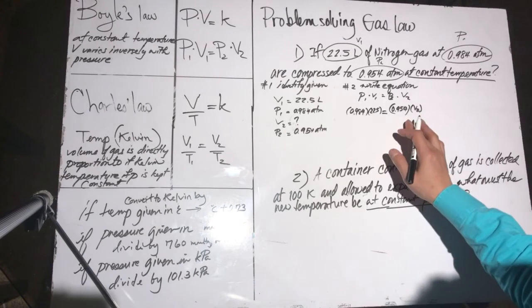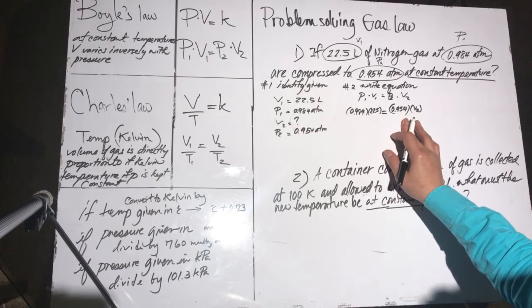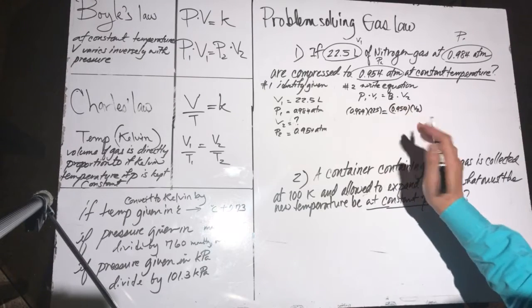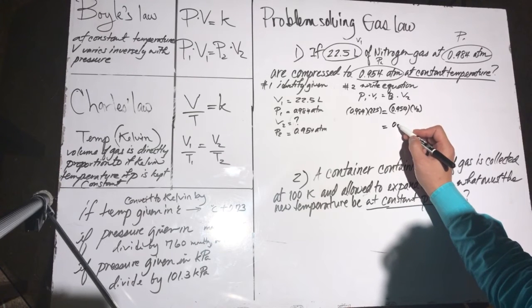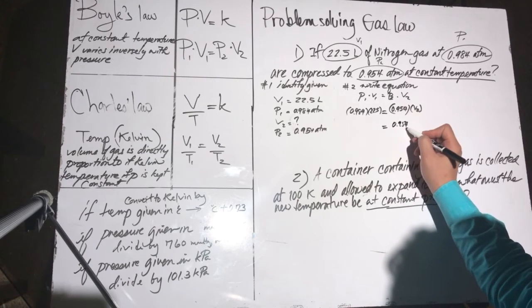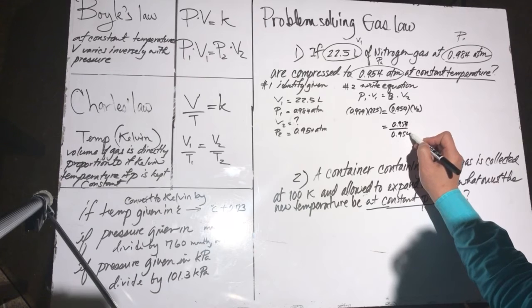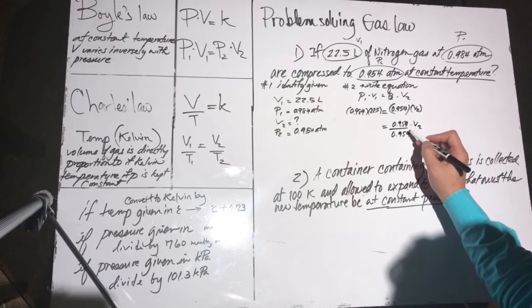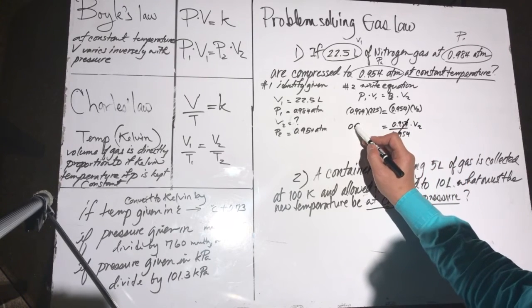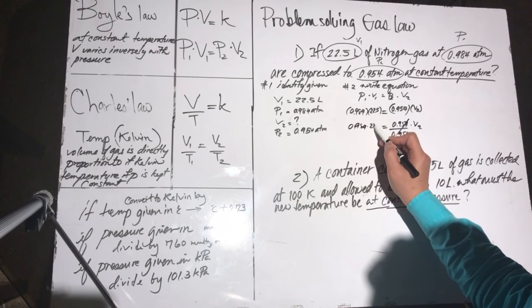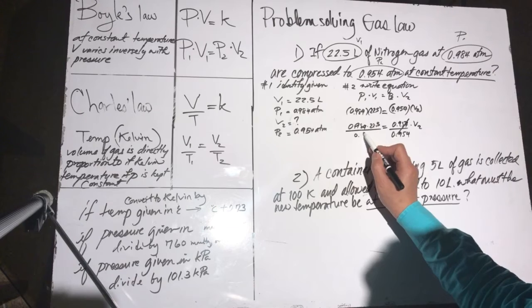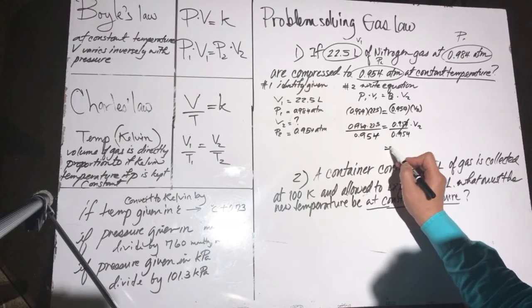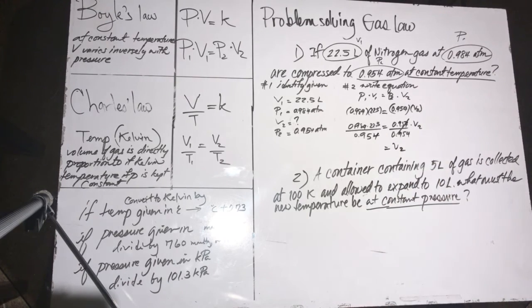So in order for us to solve this problem, we're just going to have to multiply these two. I'm going to simplify them. Divide by 0.954 because I'm trying to solve for V2. So I'm gonna get rid of that. Divide by 0.954. My second volume should be,